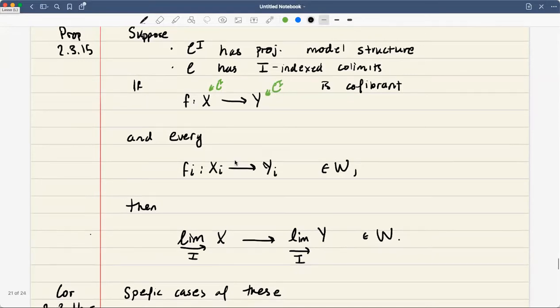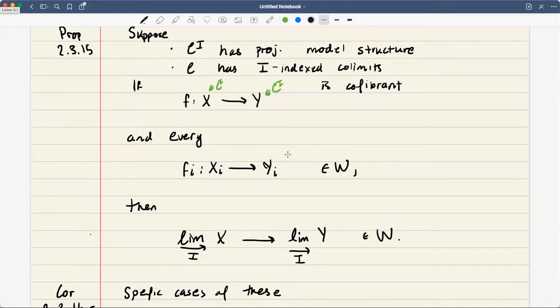If object-wise this is a weak equivalence in C, then your I-index colimits will